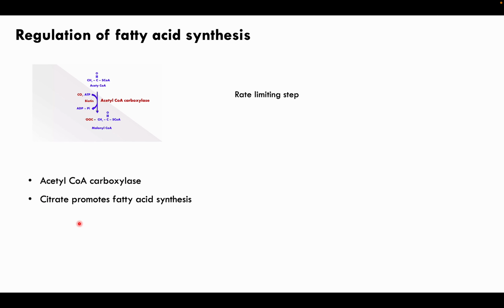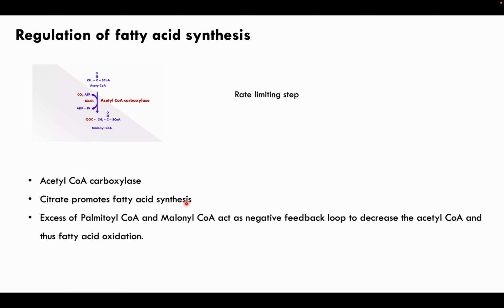The second is citrate. If we have a lot of citrate present in the system, the citrate gets converted to acetyl coenzyme A, as I have talked about before, which can promote fatty acid synthesis. So this is a positive feedback system. And another one is palmitoyl and malonyl coenzyme A. If we have tons of malonyl coenzyme A and palmitoyl coenzyme A, the system senses it, and then there is a negative feedback system to decrease the acetyl coenzyme A carboxylase, and thus